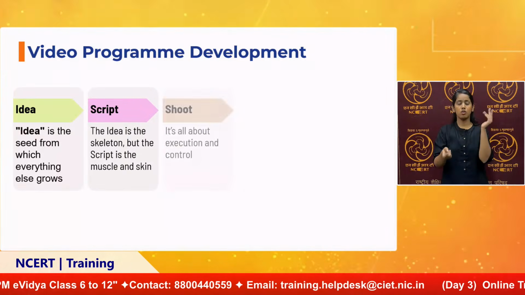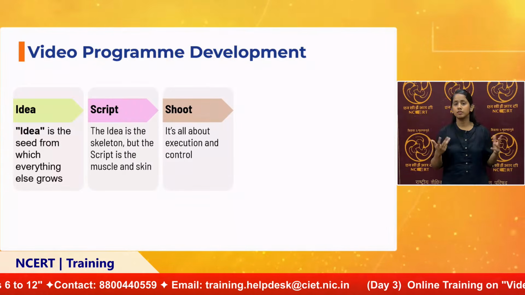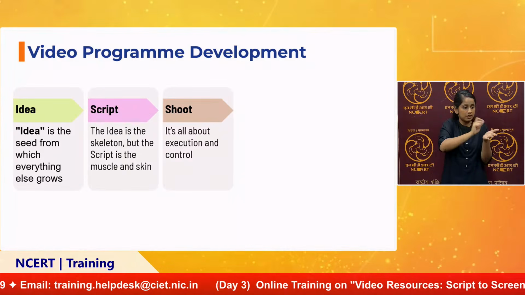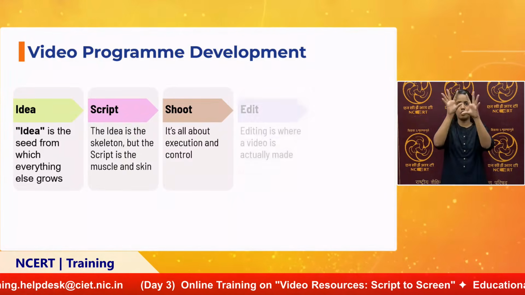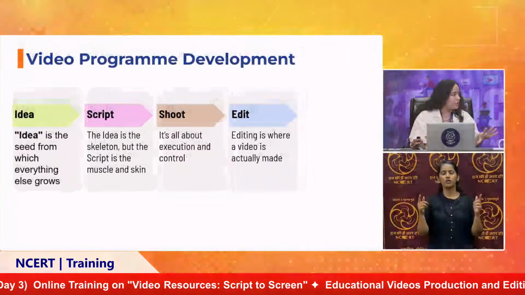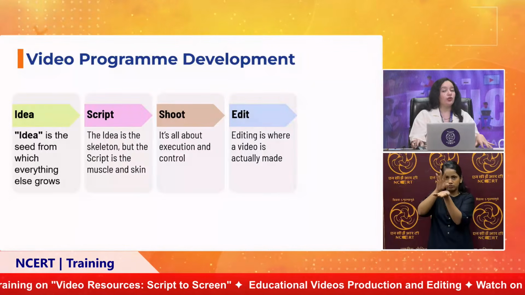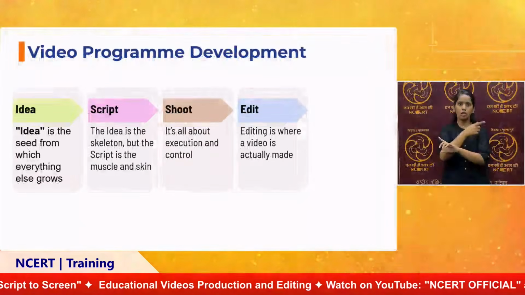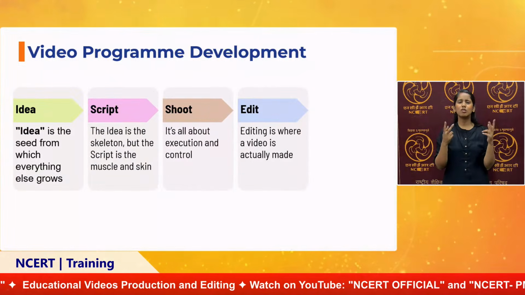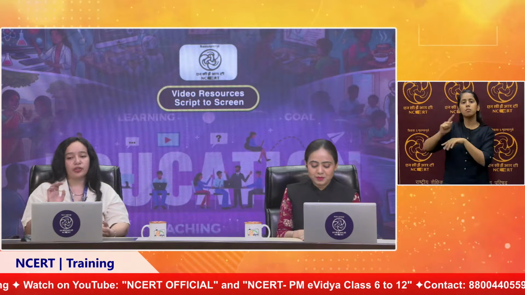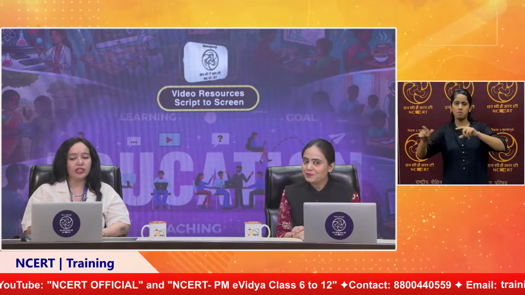In the next step, now that we have the script, we shoot as per the script. That's the third stage of video production. And the fourth one is editing. Now we have shot the scenes as per the script, but you can't publish all the footage directly to the audience because it's raw footage. So we carve the story out of it, and then we publish it to the audience. That's the final stage, which is called publish.